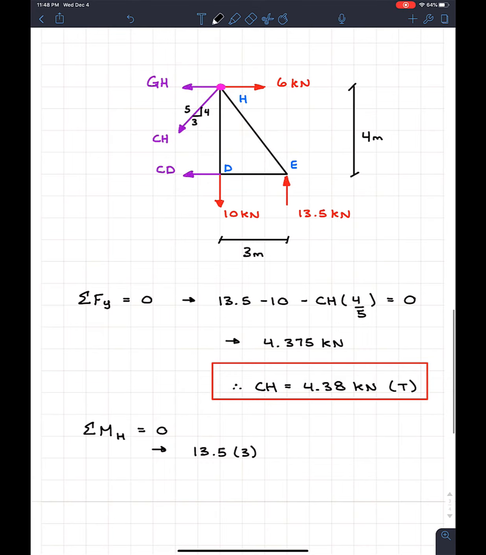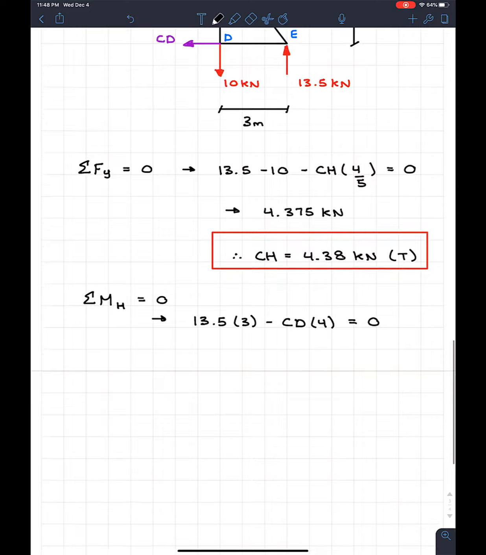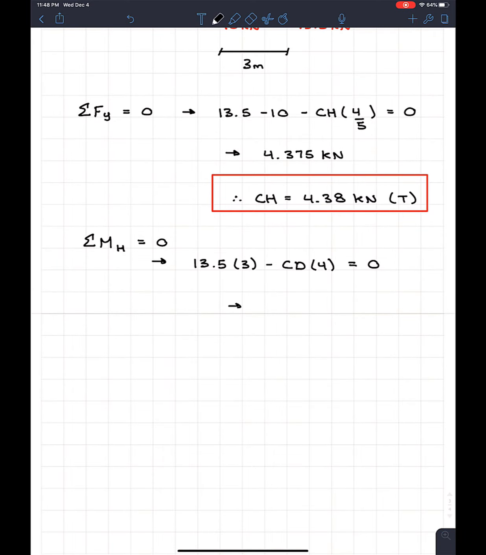And then we got the CD, which is going clockwise, so minus CD. And this one acts at a distance of 4 meters. And all of this is equal to 0. So there's actually only two components to this equation. It's pretty nice. And when I solve down here, so this is the exact answer, I get CD is equal to